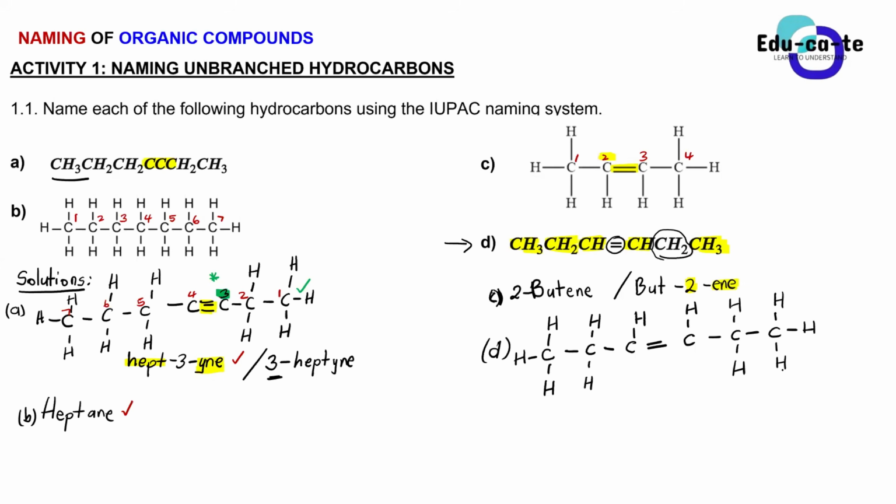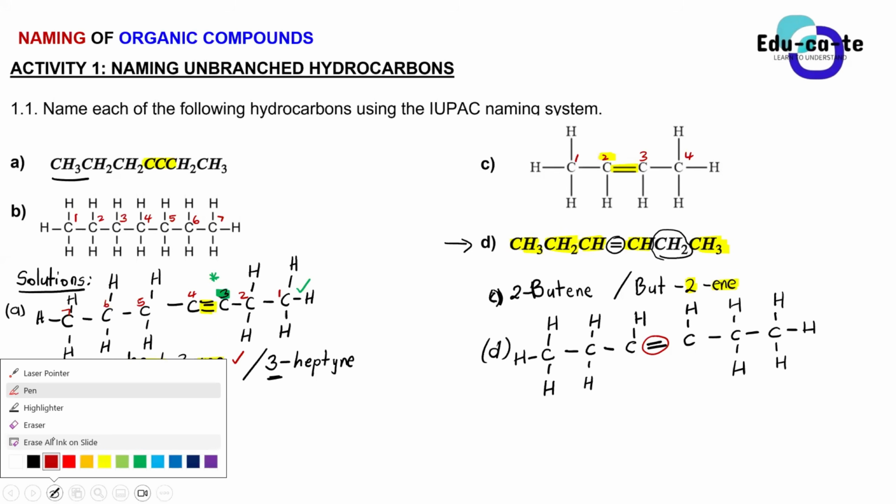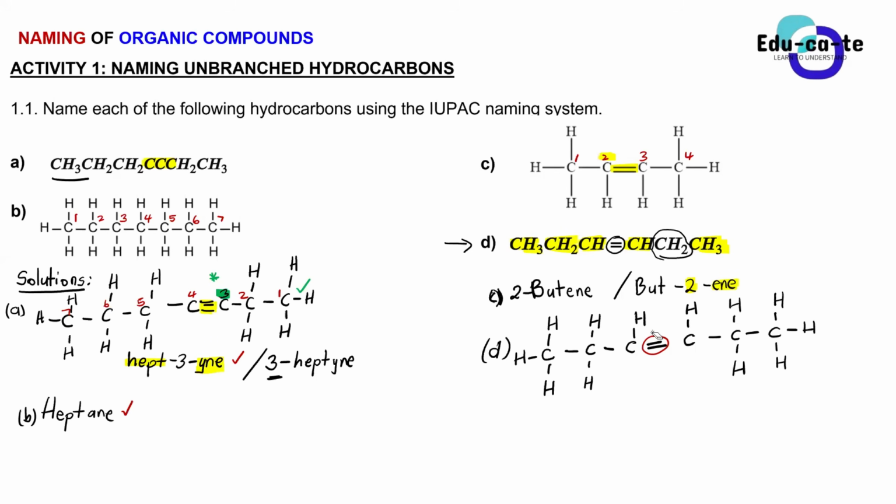Now all we need to do is to detect the homologous series. This is an alkene, as Sam said, because there's a double bond here. But now when we want to number the carbons, we can either number them from left or from the right. But which one is the most correct? All of them are correct in this case. Do you guys kind of see that? Are all the numbering ways correct, from left to right and right to left?